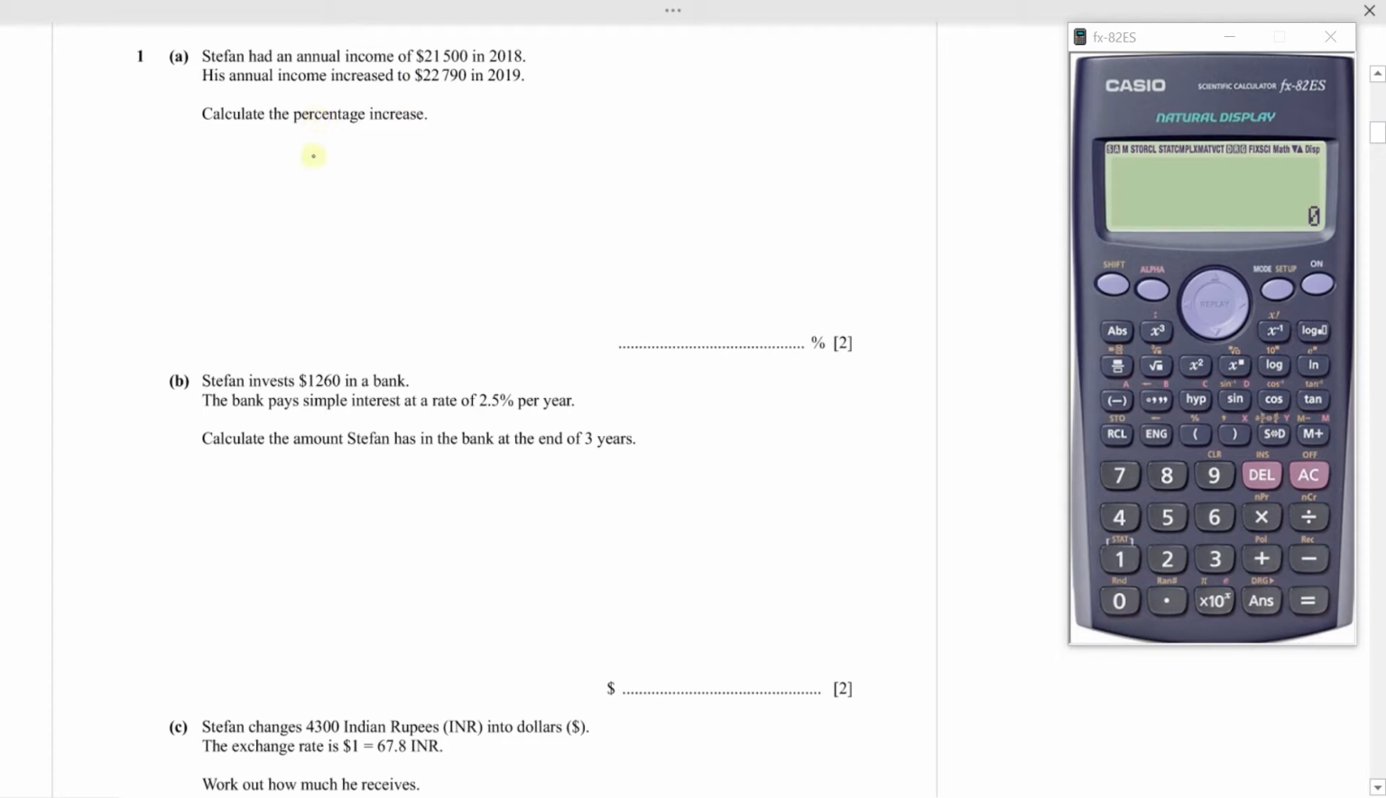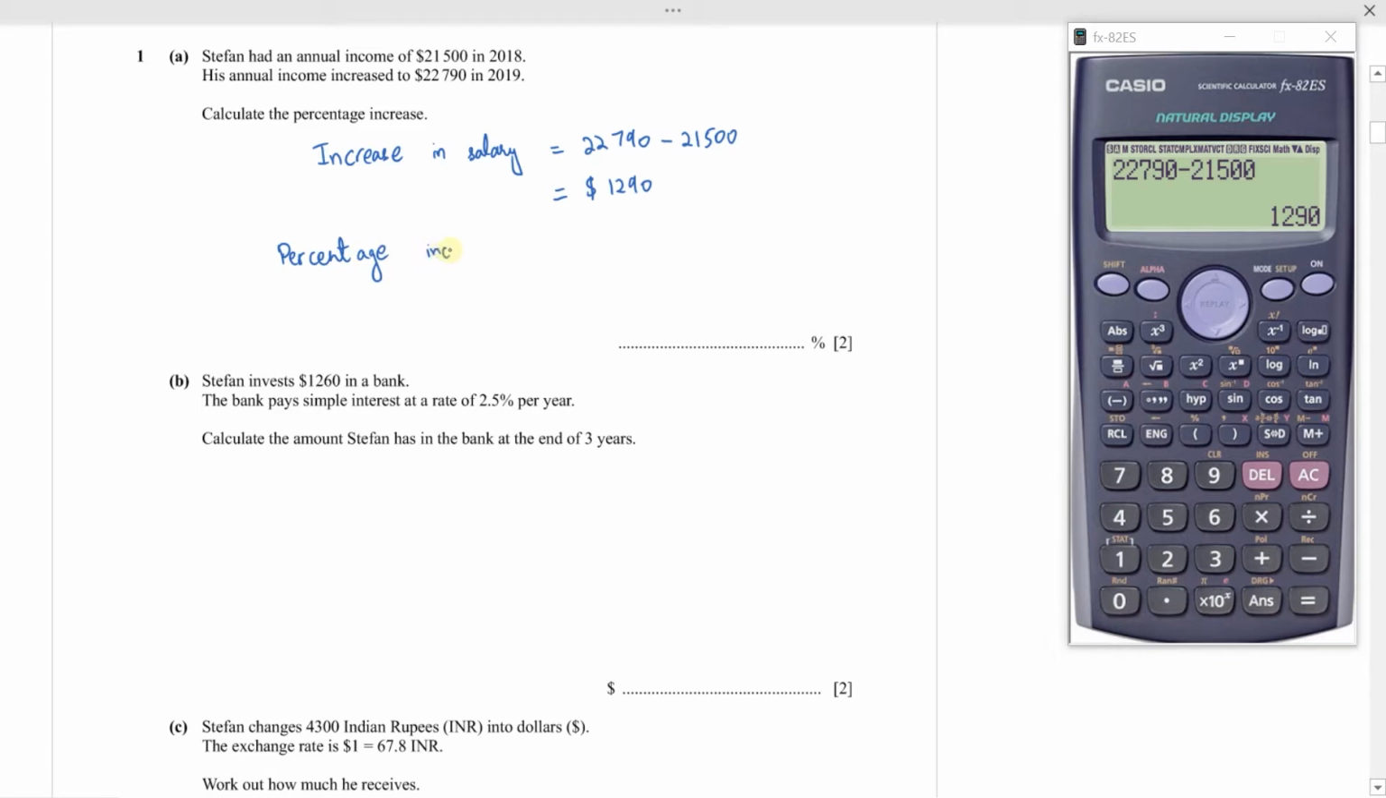So to find the percentage increase, first we will calculate the increase in salary from 2018 to 2019. So the increase will be 22,790 minus 21,500. So this is $1,290. So the percentage increase will be